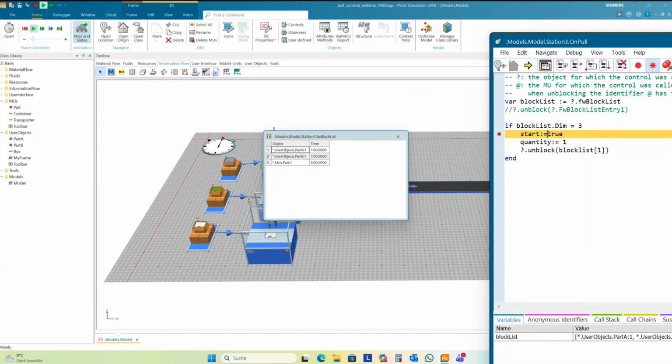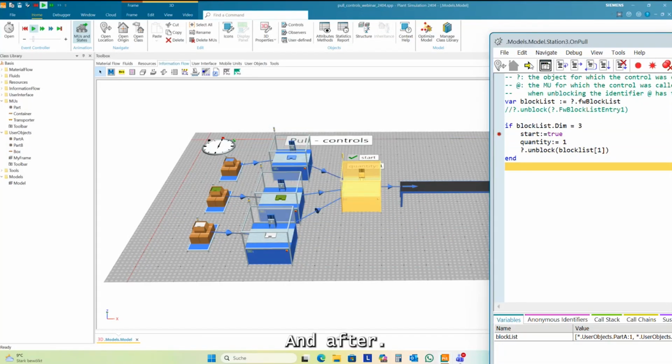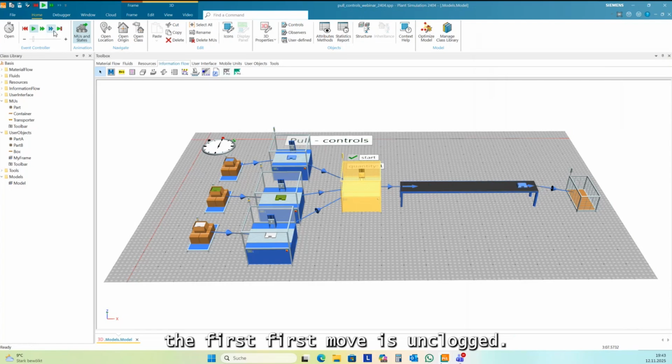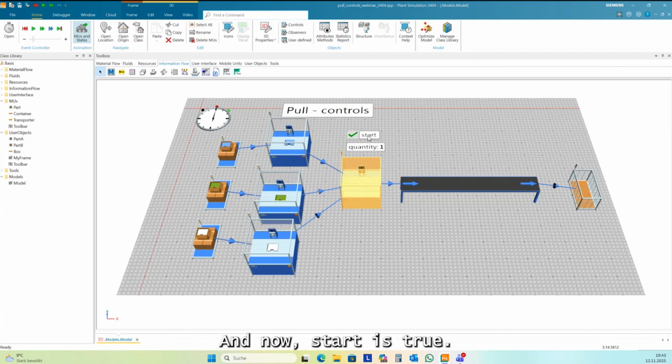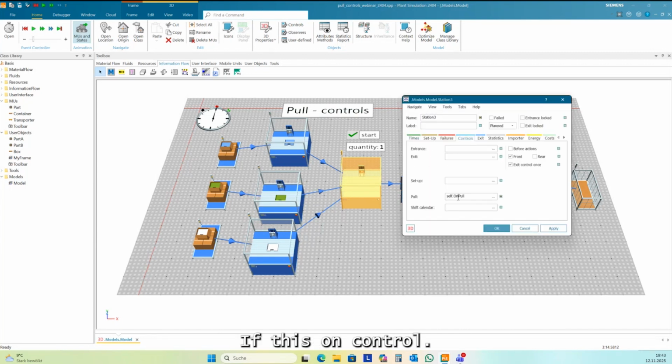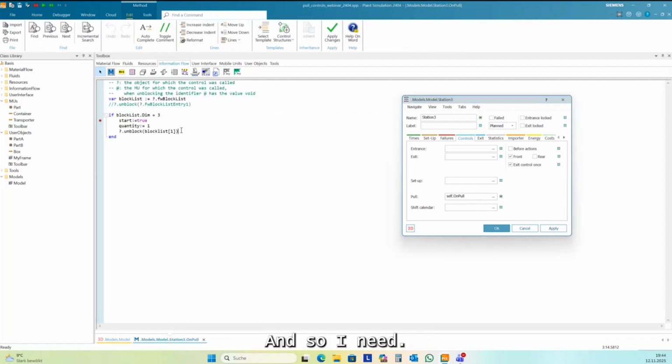And after this, the first MU is unblocked, and now start is true, quantity is 1, and now I can directly move the second part in the second call of this pull control. And so I need